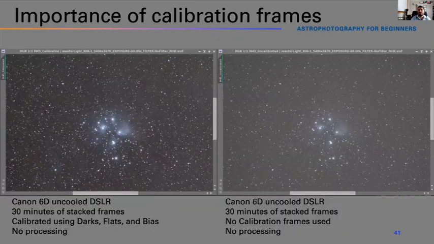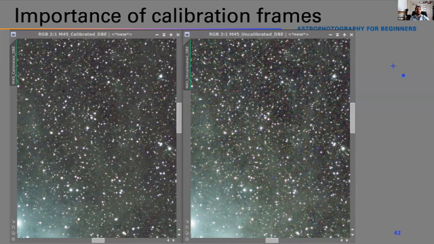Now, you might be wondering if this is just because of the flat frame. So what I did was I zoomed into that image, I think 200%. On the left, you can see the calibrated image where I used the calibration frames. On the right, you can see the uncalibrated image where I did not use the calibration frames. In the right image, the uncalibrated one, you can see this really, really bright red hot pixel. And over here, a bright blue pixel. Same over here, same over here.